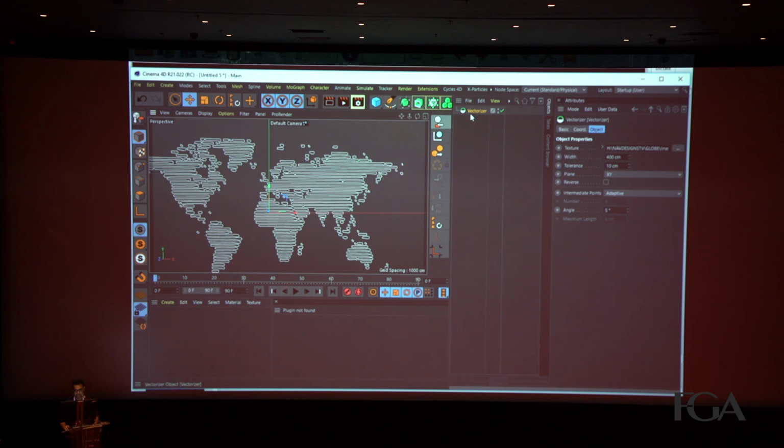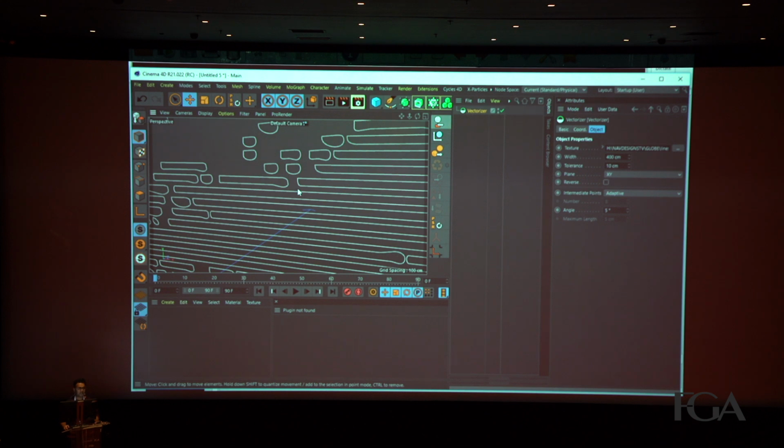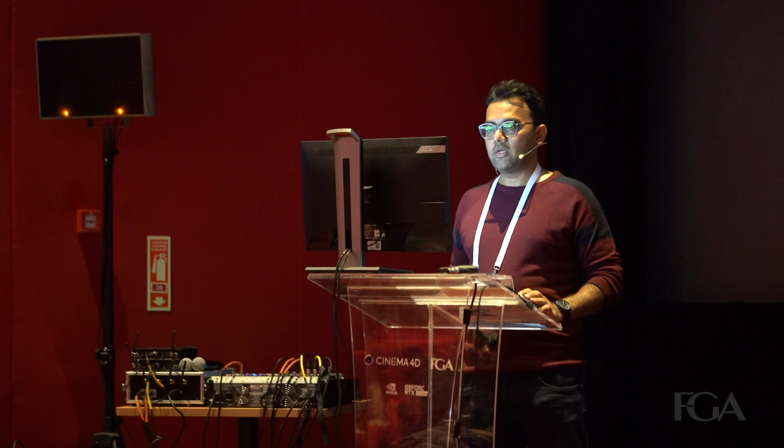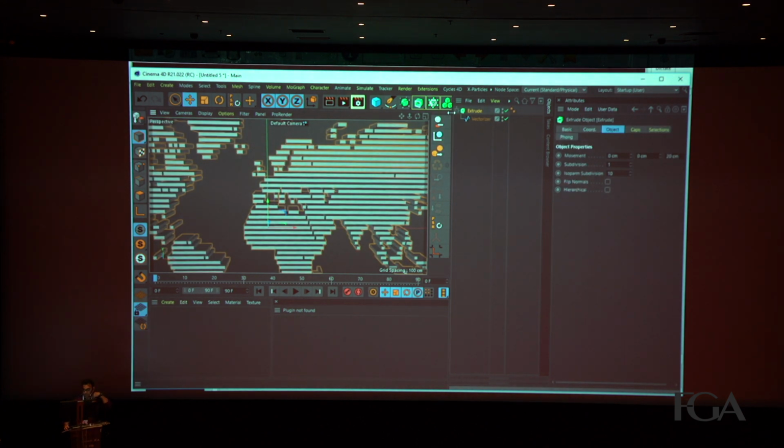You have basically a vectorizer. What it does is take black and white values and convert them into splines. Here you can see it's a little bit disturbed, not exactly like in the black and white 4K file. So in order to fix it, we can reduce the tolerance, maybe 0.2 or maybe less, 0.01. From here, you can just edit it and play with it. You can store it, you can put it in MoGraph, you can use a random effector.